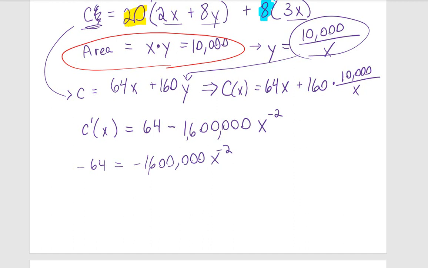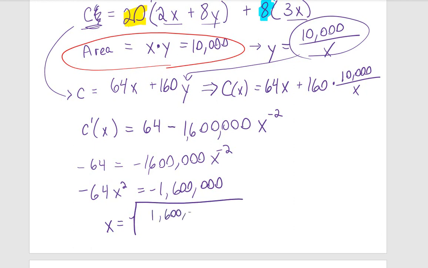Okay, and then I'm going to multiply both sides by x squared. So that'll give me negative 64 x squared equals negative 1,600,000. Then I'm going to divide both sides by 64 and take the square root. That's going to give me about 158.11. So my x has to be 158.11, and my y value will have to be about